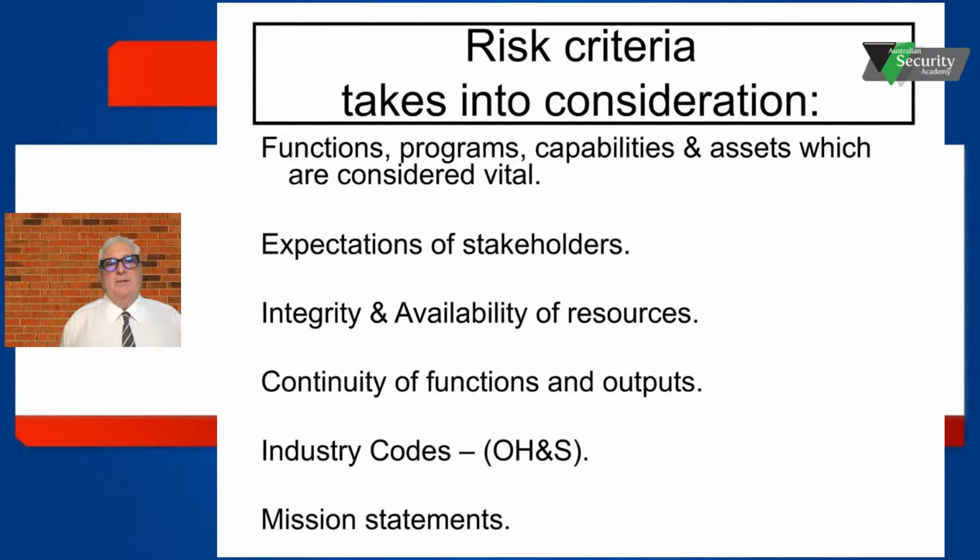An example of integrity and availability of resources in the early days of the pandemic of 2020, some people decided that they were going to sell face masks to the government. And the government bought these face masks, and they were cheap Chinese masks that didn't work and didn't prevent transmission of COVID-19 via personal contact. So that's an integrity and availability of a resource in a time of high need.